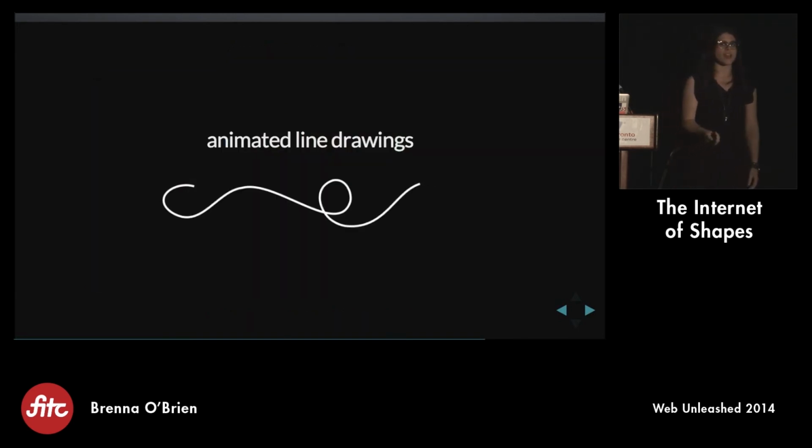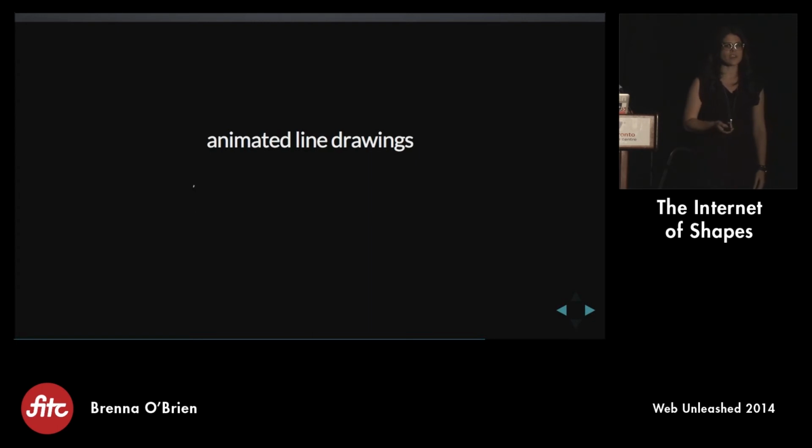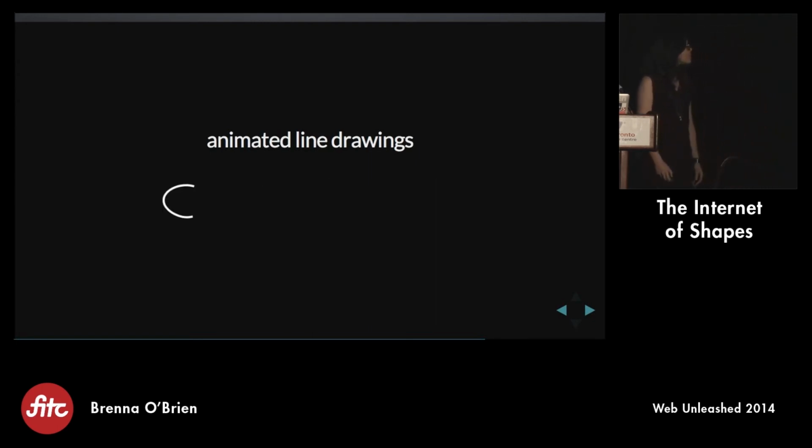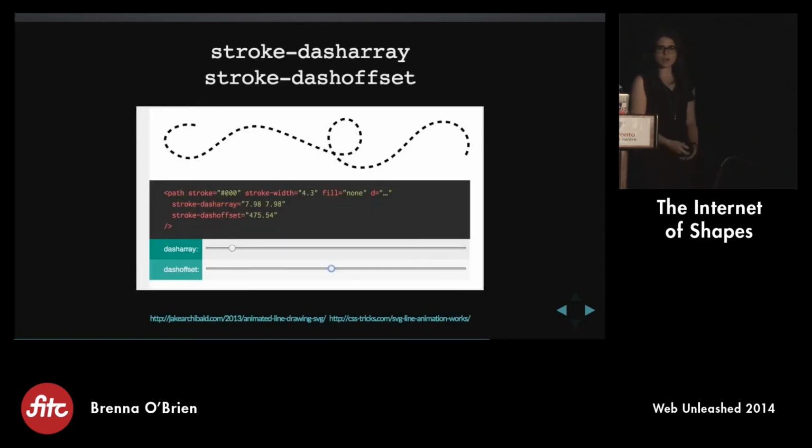The other technique that I know about for animating SVG is to make animated line drawings with it. So this relies on a couple of interesting properties that SVG has. These weird attributes called stroke-dasharray and stroke-dashoffset. So these are kind of weird to get your head around, and the animation technique is a bit of a hack. So what we're going to do is this stroke-dasharray allows you to specify the length of colored